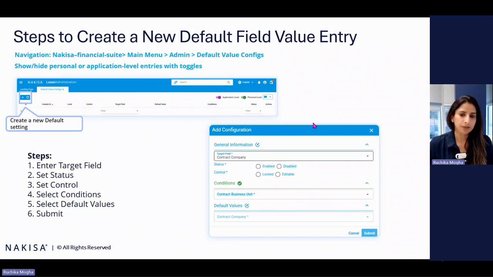So we'll come to the main menu. I'll show you on the UI in a couple of minutes. Basically, you come to the main menu of our application. You'll come to the admin tab, the admin icon on the main menu. We'll click on default, and once you're there, you'll be clicking on the plus icon to create a new default